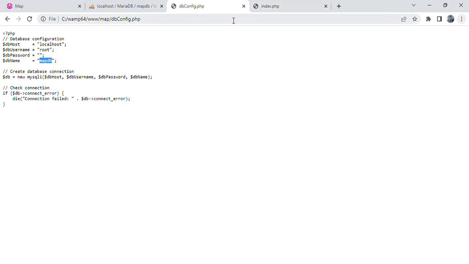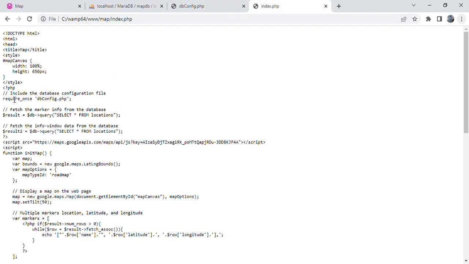And after that we need to include the database in the index.php we created here. In that file we include this required db config, and this is the query, select star from location, to fetch the data. And we need this script, maps.googleapis.com maps api js, and